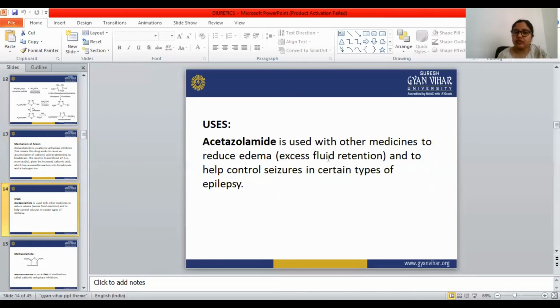Acetazolamide is used with other medicines to reduce edema. Okay, acetazolamide is used with other medicines to reduce edema and to help control seizures in certain types of epilepsy. So acetazolamide is given in the treatment of edema, as well as to control seizures in certain types of epilepsy. And our next drug is